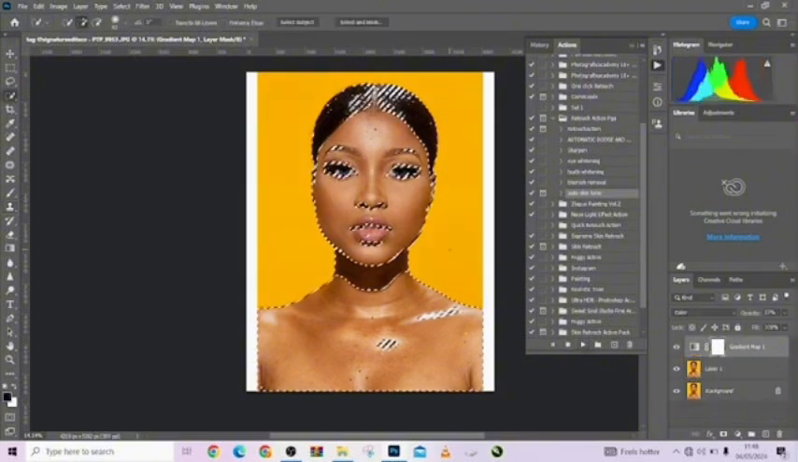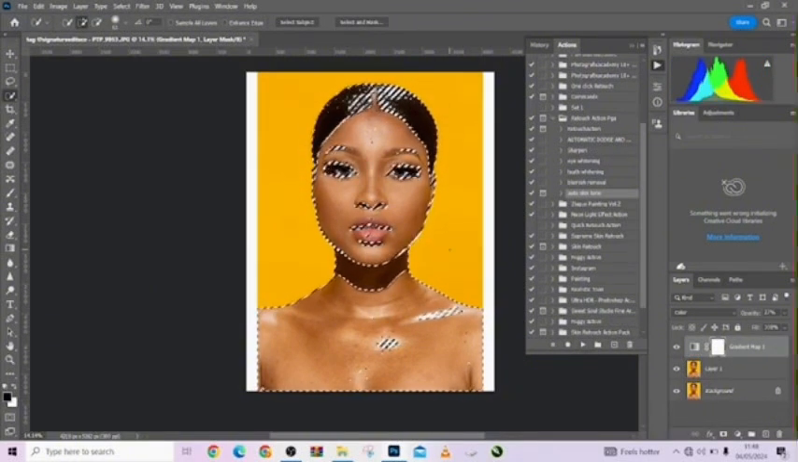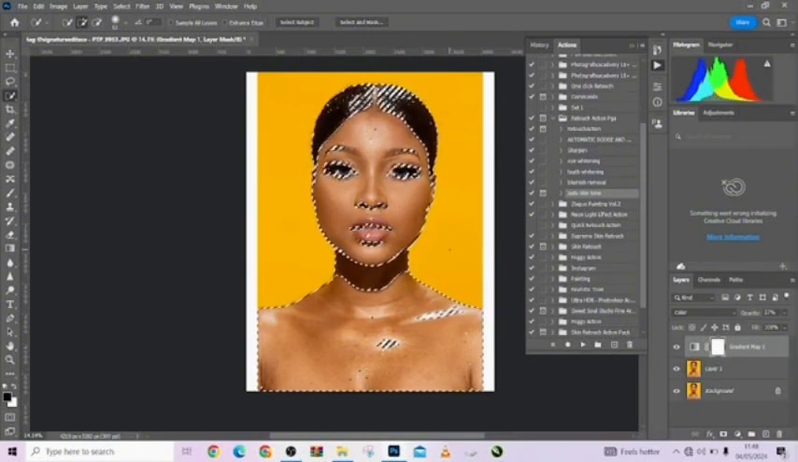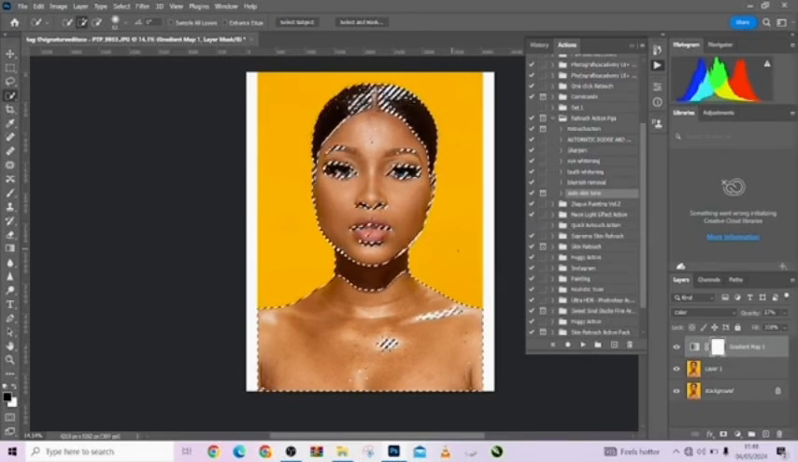So let it load up. Okay, so this is your color range. This is your color range selection. The reason we set it like this is so that you can have a preview of the selection before you apply your mask. If you see that the selection is not exactly what you wanted,